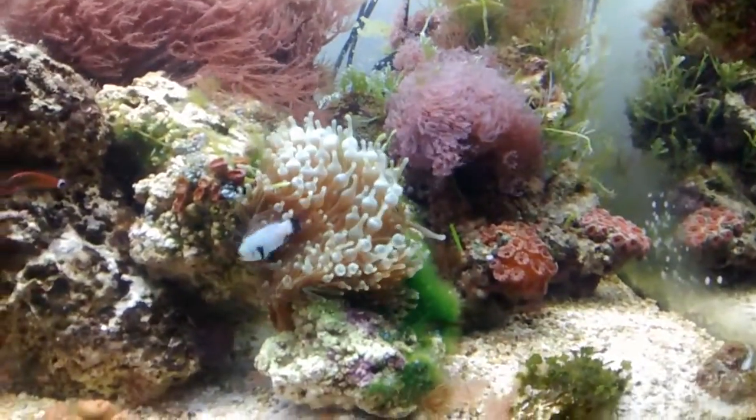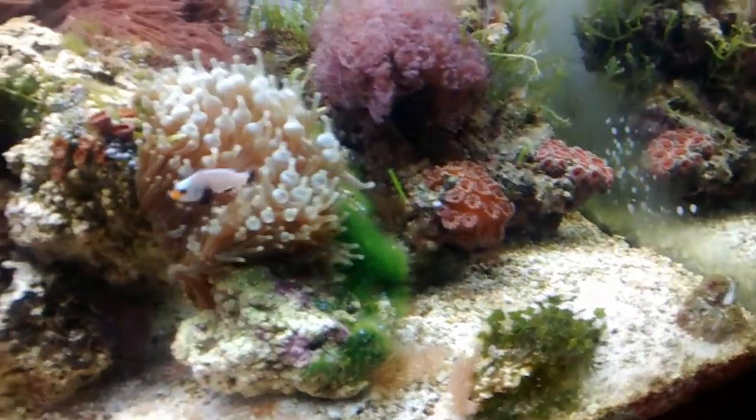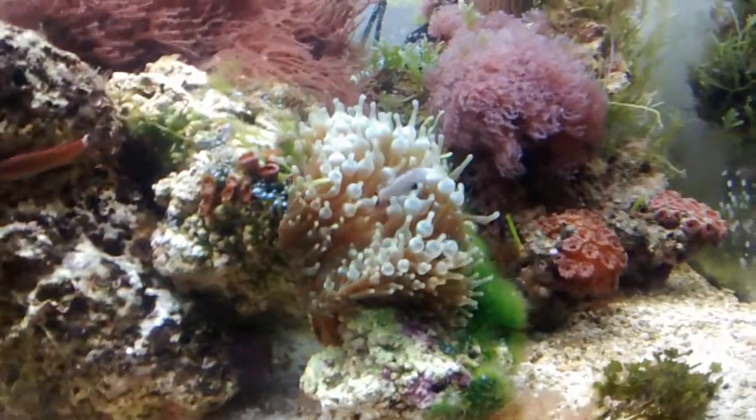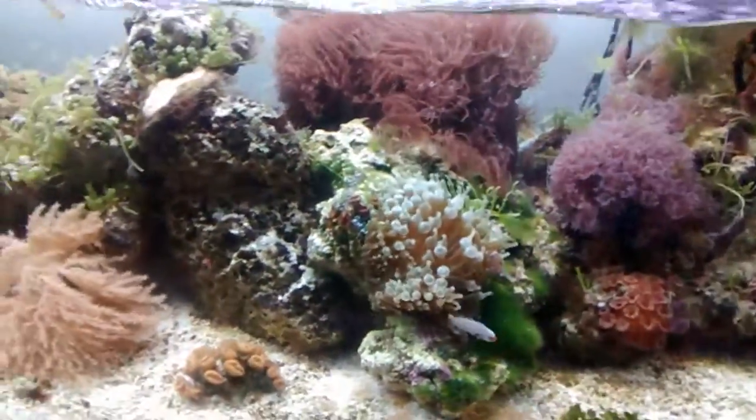Kind of jumping ahead here. Anyway, I have some hair algae from this new rock. But the other thing I have on this new rock is a bubble tip anemone, which my clownfish immediately went into. So that's awesome. Really like to see him hanging out in there. Pretty cool. I got rid of the snowflake that was beating him up. You know, the Ocellaris and the Percula, they don't really mix very well, so